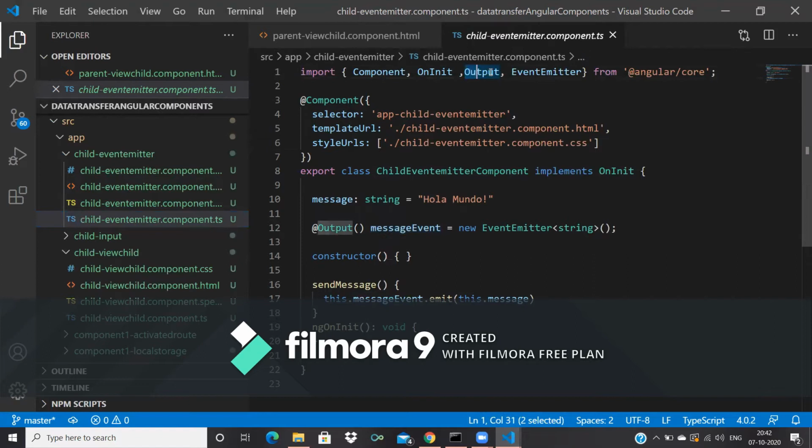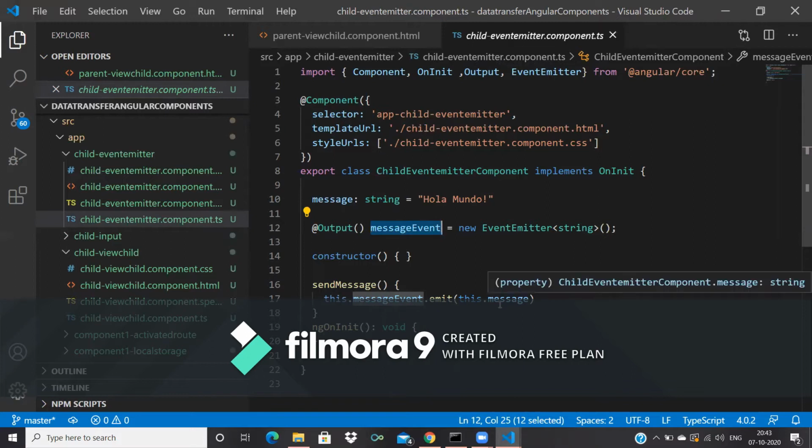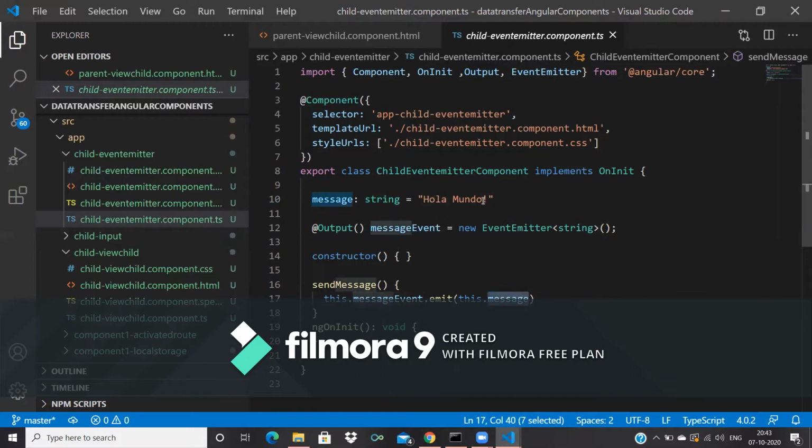I imported Output and EventEmitter, and I am using @Output message event. I have initiated this as new EventEmitter of string. This is the type I am using, and for this I am initiating the value this.message, and this value goes to this emit. I'm sending this message.